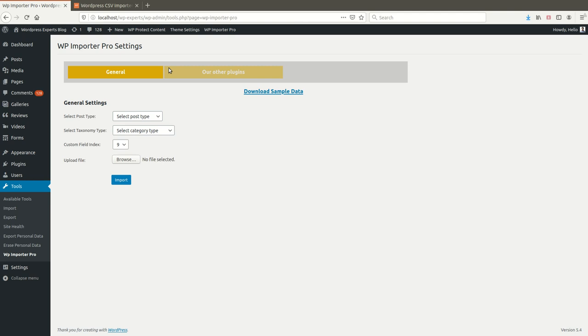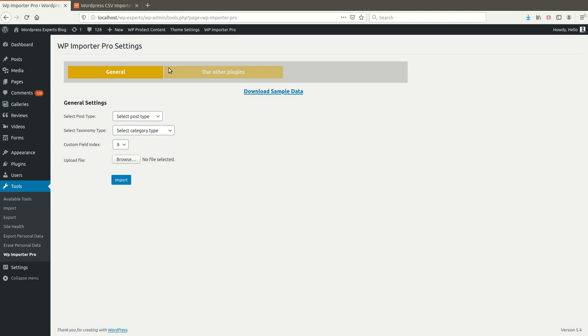Okay, and now the next field is cat name. Within this field you can define the category name of the post, page, or your custom post type. If you mention a category name that does not exist on your current WordPress website, don't worry about it, because during the CSV import it will auto check whether the category exists or not.